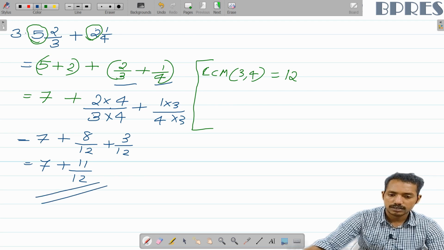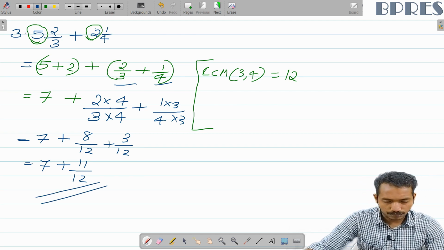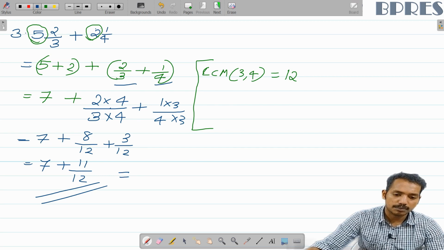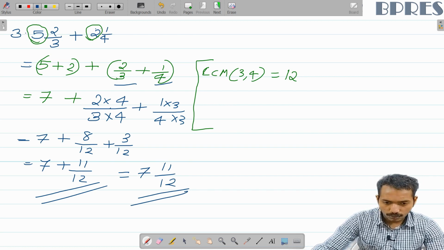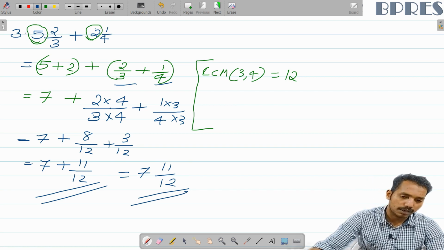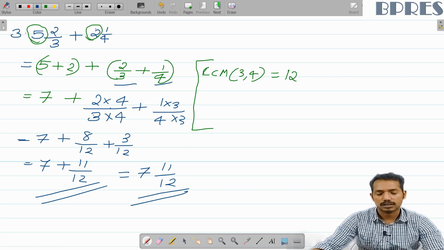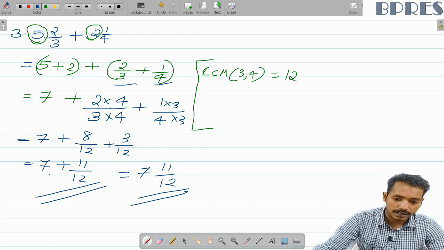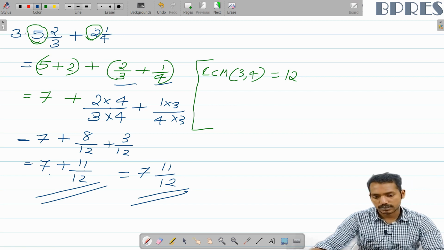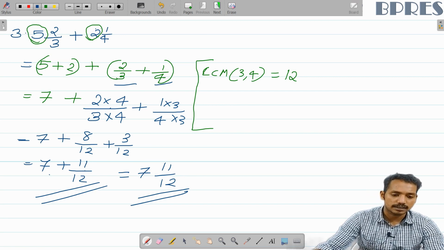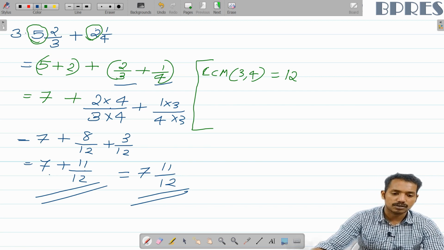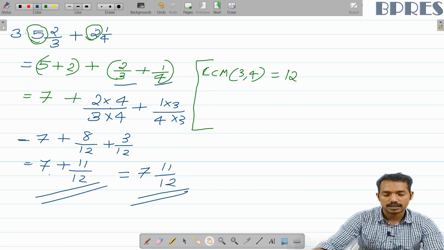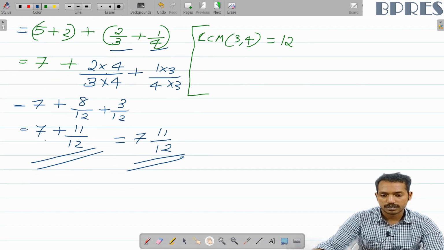Now we have got two parts, and this we can directly represent as a mixed fraction like 7 11 by 12. Otherwise we can convert it into an improper fraction by adding these two numbers. That is not a problem because we already discussed how to add two unlike fractions. Clear? So this is all about the addition and subtraction of the fractions. You can also try different examples for subtraction also. There are many questions given in exercise 2.1. Okay, you can try that one.